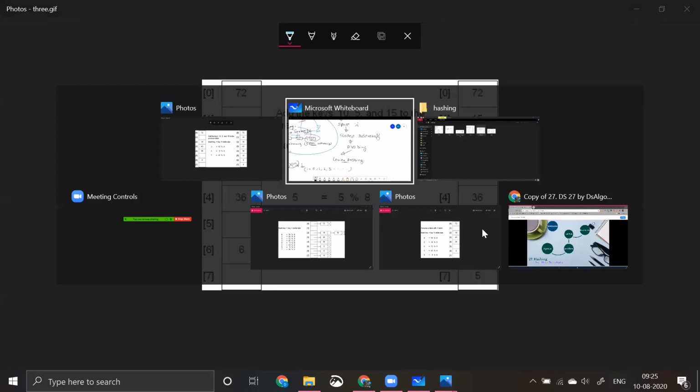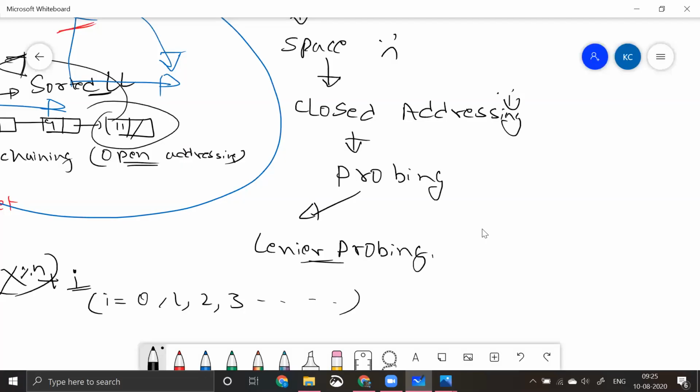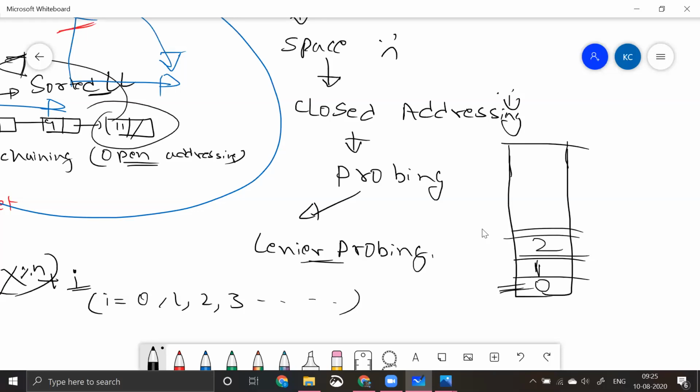Now, by following this technique, there is a problem, guys. For example, let's say you have a hash table, something like this, and whenever there is a collision, you'll be inserting it one above that. For example, let's say there is a collision over here, and finally you'll add 1 and insert it over here, and then again there is a collision, so you insert it over here. So what happens is, all the collisions are very near to each other,